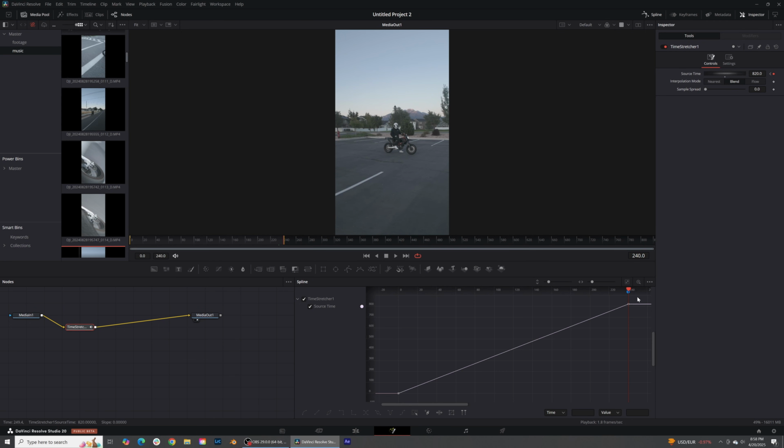In order to create your speed ramping, all you need to do is just click right here and you can just create little speed ramps throughout the clip. Every time you click on your spline editor down here, and if you don't have the spline open, click the spline right here. So all you need to do, click on this little tiny spline,